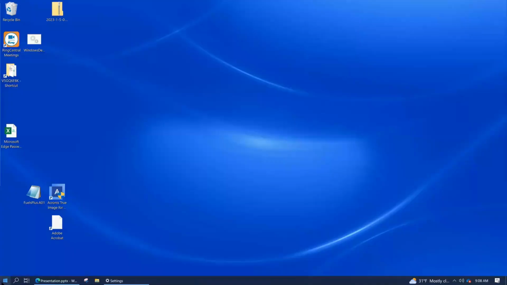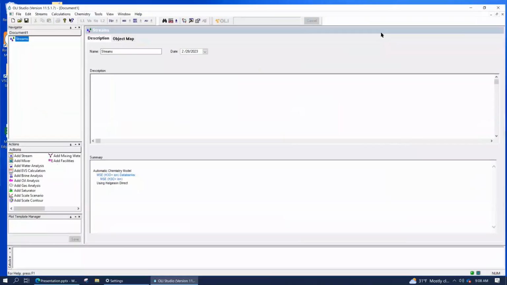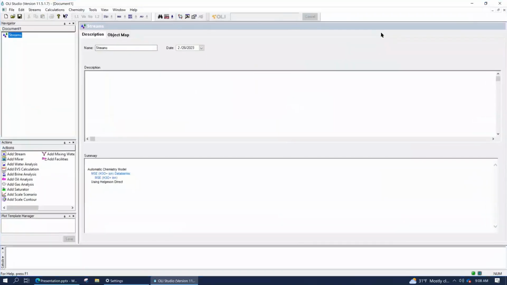AJ, I do have OLI Studio, but it's version 11.0. I told Jim earlier. Just help me as much as you can, I know the data is uploaded in an older version, which is somewhat slightly different than what you have. Yeah, there's a couple of differences, but for the most part for this training, you should be okay using 11.0. But it sounds like you're using your own network copy for Flint Hills. Yes, we have our own OLI Studio downloaded on my machine, so that's what I'm using.